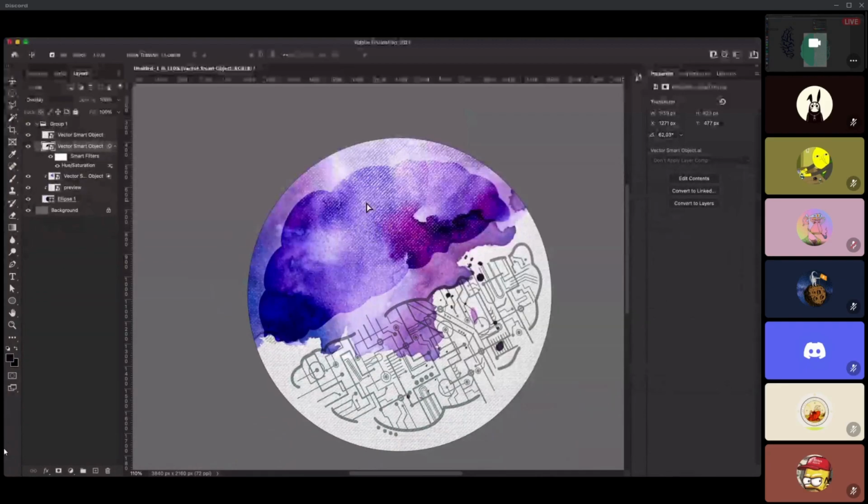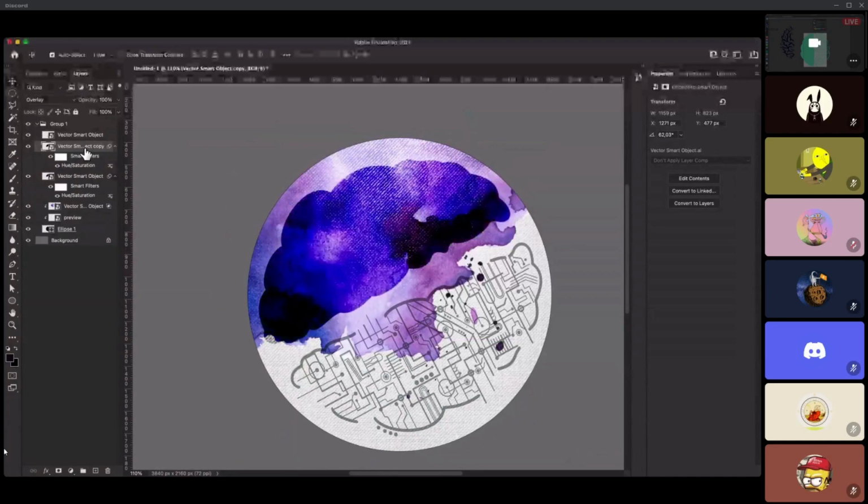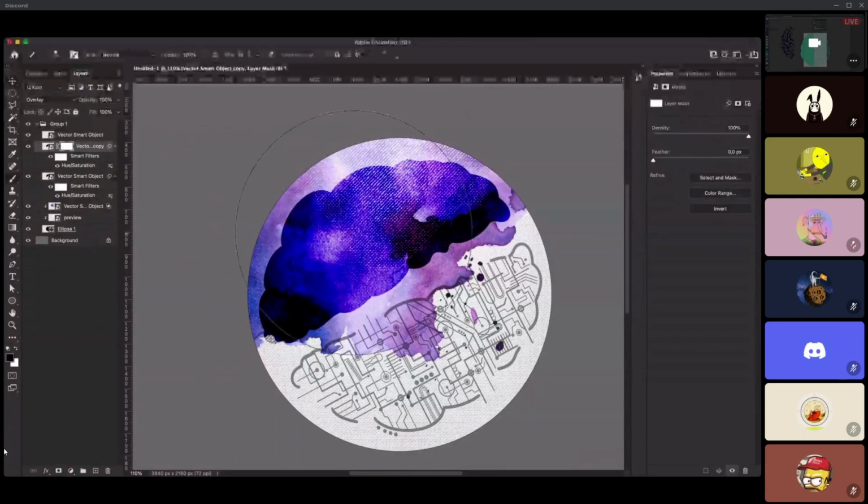So for example, I want to add some depth to this layer. I simply duplicate the layer by pressing Command J, and I just try to erase parts of it manually. So for example, I can create a mask layer, and I can choose a brush with, as you can see here, the default is black and white. Black means everything will be transparent, whereas white means everything will be opaque. As you can see, I'm slowly starting to remove them.